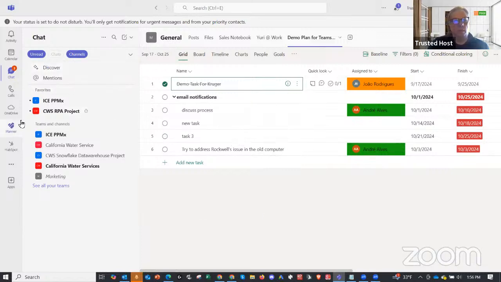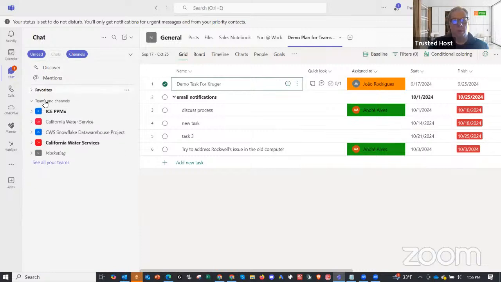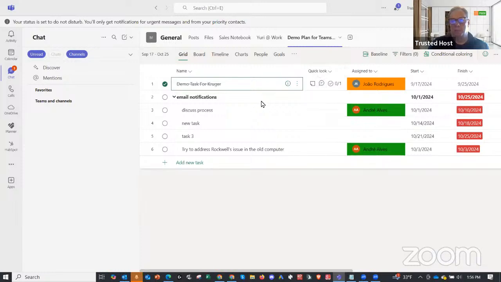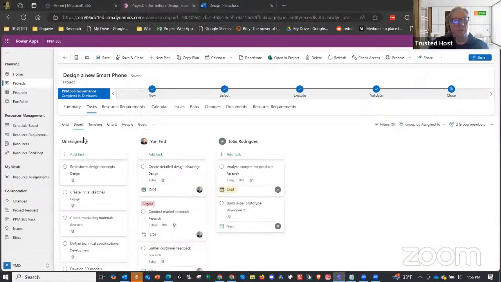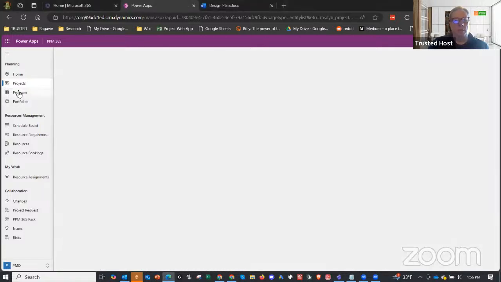You may want to do it within the Microsoft Teams environment, because it will allow this complete collaboration. But at the same time, your project and portfolio managers can be here and manage this on a program and portfolio level